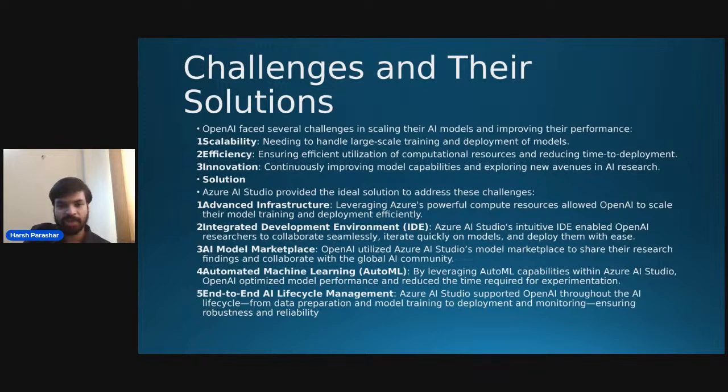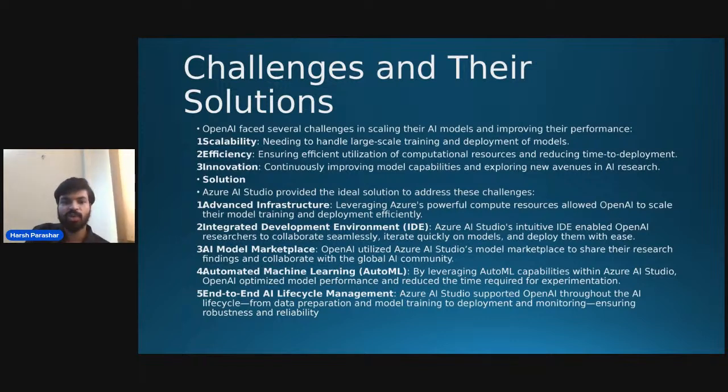Then the AI model marketplace: for research findings, you can easily find your research and collaborate with the global AI community, as with the Azure AI community, with data scientists, AI practitioners, and developers of all types. Then it has a unique feature which we are covering at the end: automated machine learning.